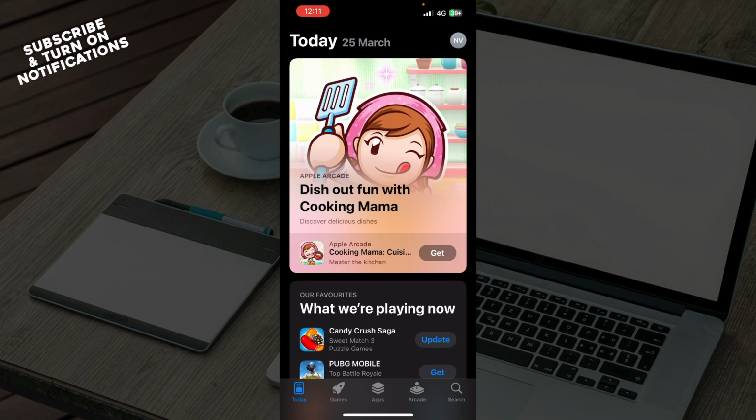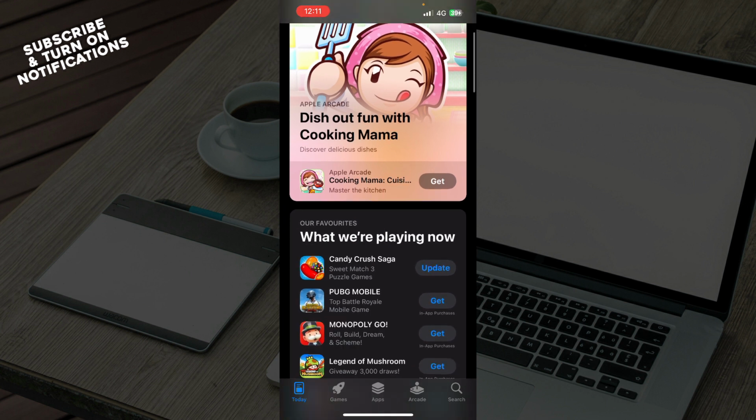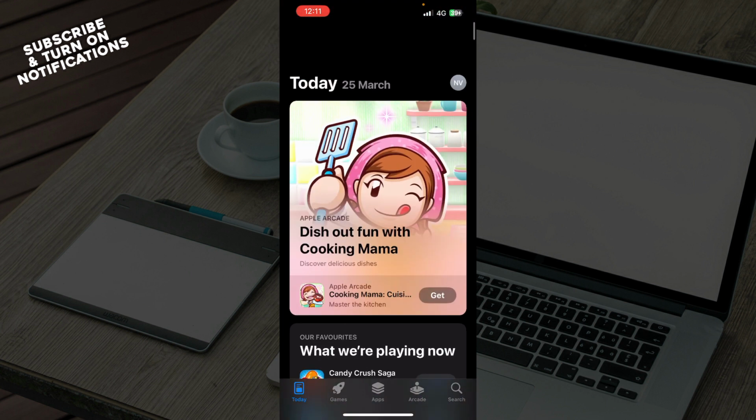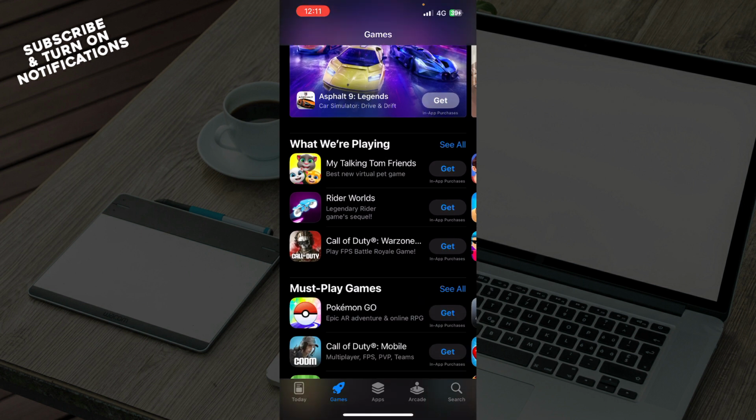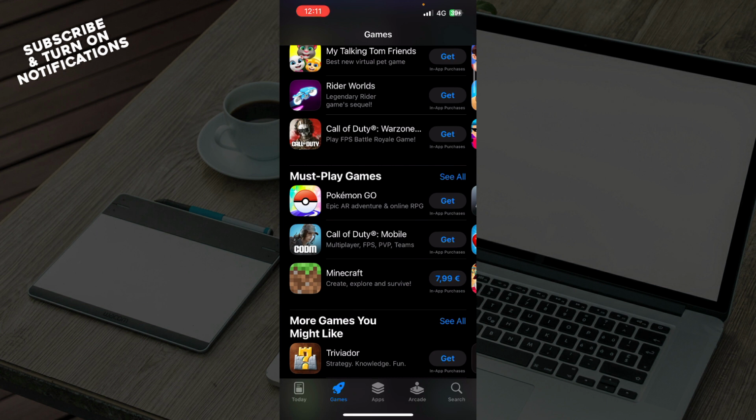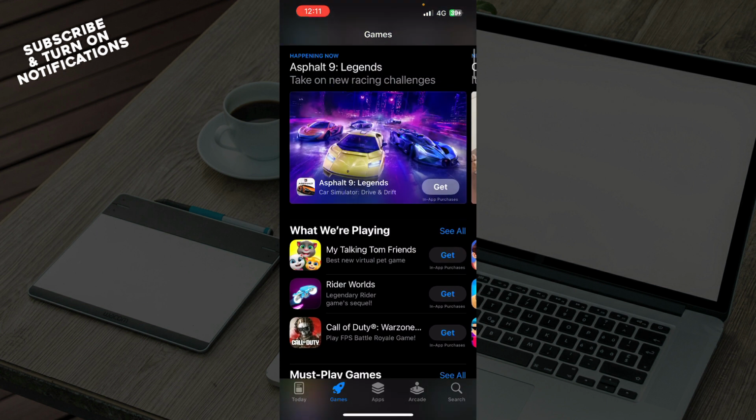Now that we got that out of the way, let's see what we have in front of us. Here we have the App Store with the Today page, where you can see all the applications that are made for you, or that they think are for you, for this day. Today's date is 24 March for me, and we can see some games and apps here. In the second section we have the games, with some games and other applications that they might think you want.